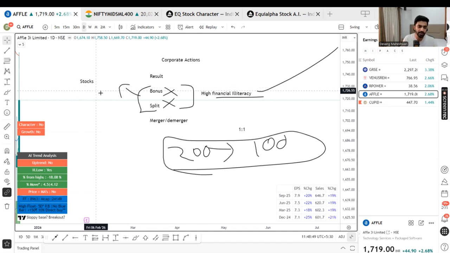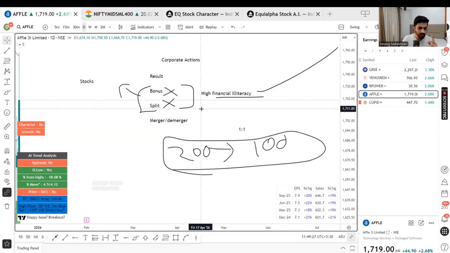So don't get stuck. Why I'm telling you that even if you're a swing trader, these things go in your mind. It will still go even after me telling you, because all have different kinds of grasping power and capability. I know many people will still do the same thing. The company will give bonus, they will go and buy the stock. But it has no relation with price moving up 30% or 40%.